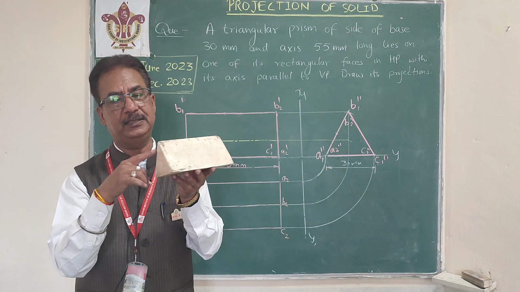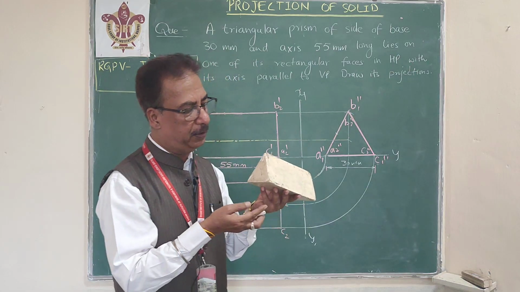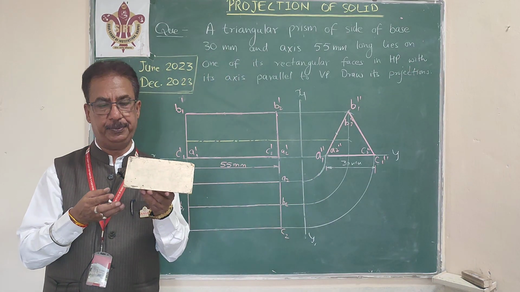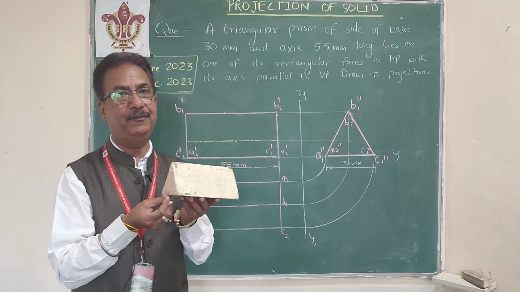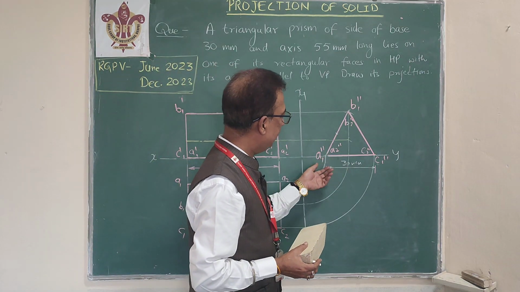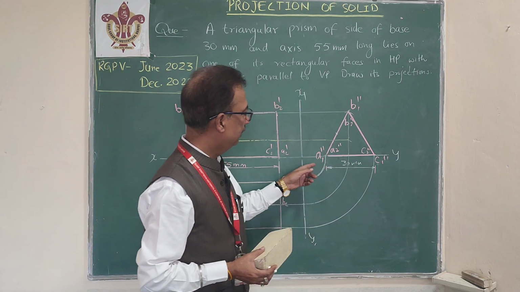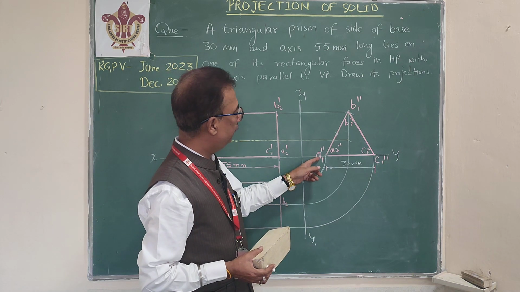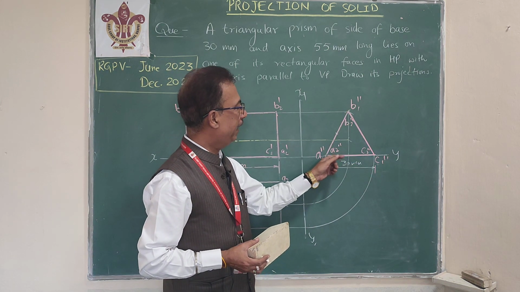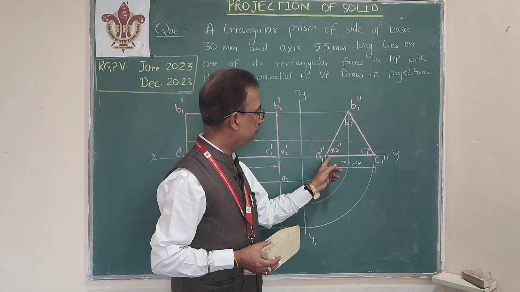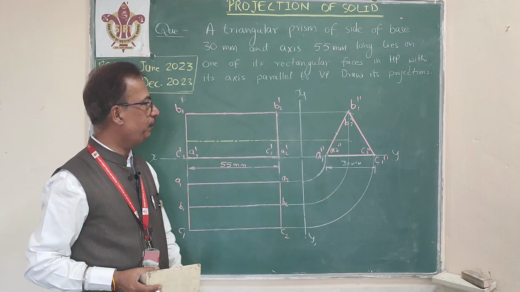So I am looking from this direction, so this triangle will be visible as the face will be on the HP. In the front view, or you can say in the side view also, this line will be lying on the XY line, and this is not a line, this is the face. If you look at these points, this will be A1 double dash, B1 double dash, C1 double dash, and the backside base will be A2 double dash. So this will be a face, and the face will be lying on the HP.